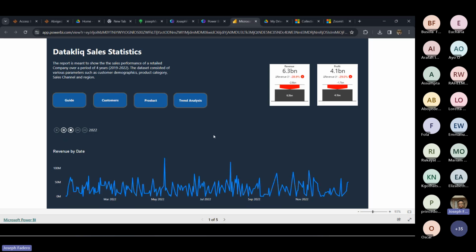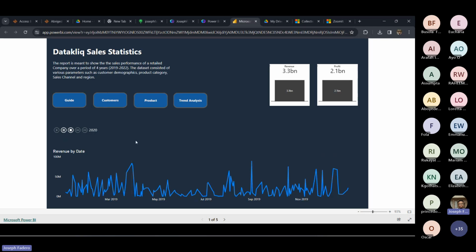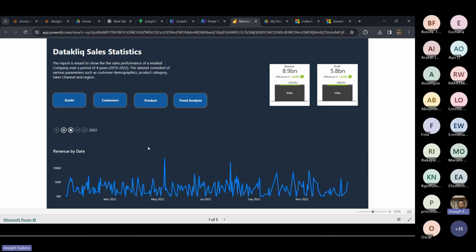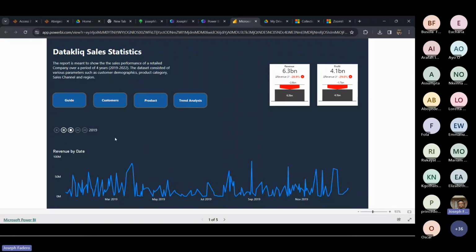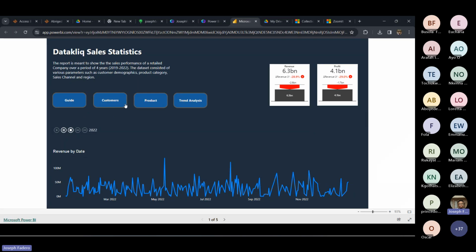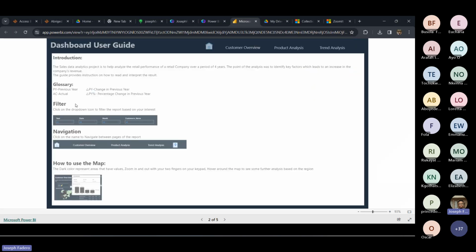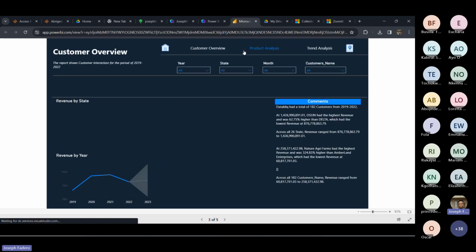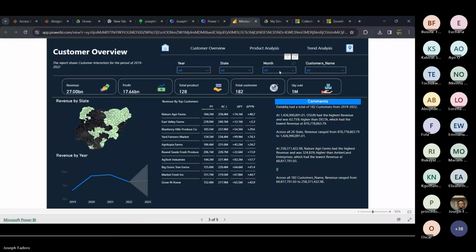We can see this dynamic chart, which is showing like a video playing in the background. We can see these cards updating as we go. You have a simple guide sheet, which tells you more about your visualization. You have a customer overview, which tells you more about your customer.